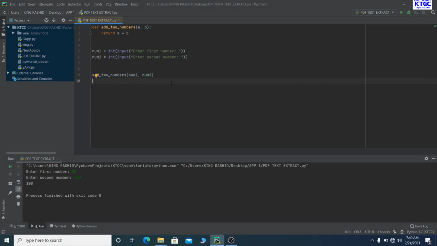Now whatever is going to happen here is after the user enters num1, the first number, and then the second number, this particular add two numbers function is going to take these two numbers and then add them for us. So from here it will leave this line and go back to this particular function and do the addition and return the answer, store it inside here and bring it back here for us. So we need to store it in a variable called results, equal to this. Then after that we can print